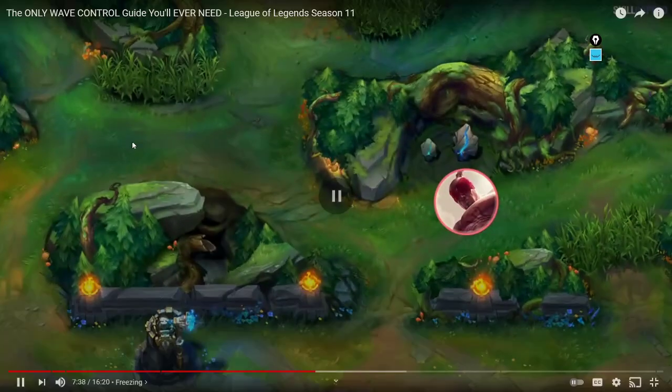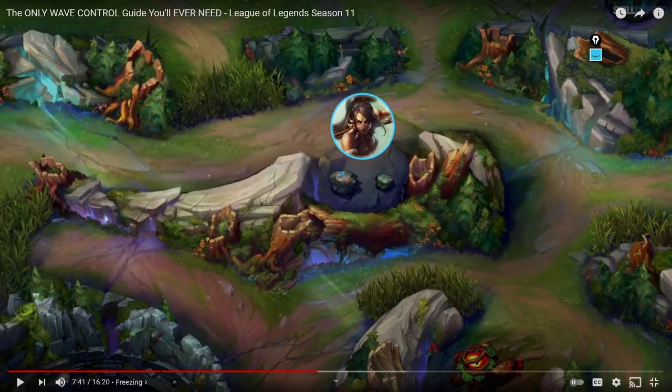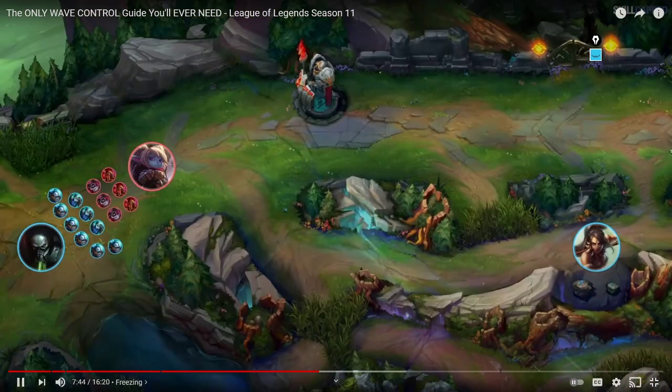Let's say that your jungler is on the bottom side of the map, and you suspect the enemy jungler is on the top side. Then you may want to be freezing. I'm just saying this is a possibility that could happen in the game, and this isn't addressed. That way it's much harder to...